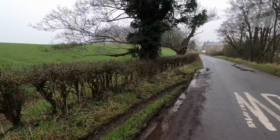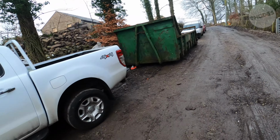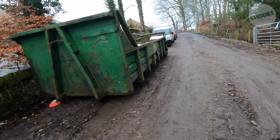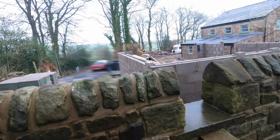So again, just stick to this road. And then we come to a set of buildings where we need to turn left. There's some works going on here. And again, depending on when you do this walk, the works might not be there. But you can see there's a stone sort of stile to climb over that's been rebuilt by obviously the owners